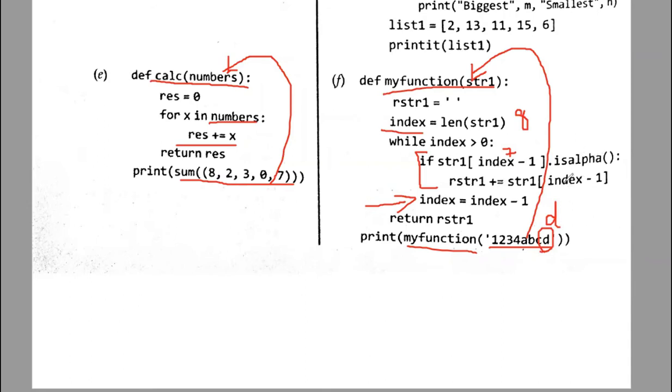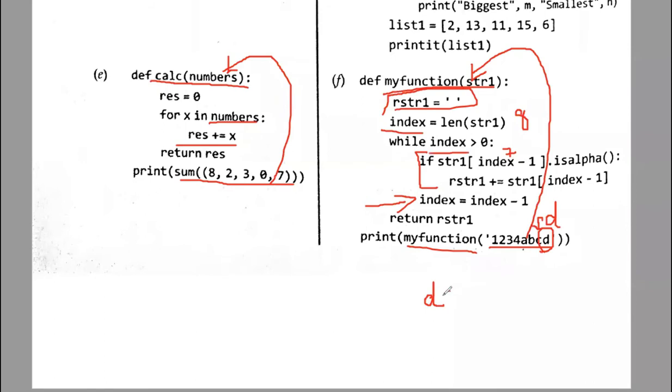If it is an alphabet alone, it is going to add it to rstr1. So D will be considered as the first character which is going to get stored in rstr1, because I have initialized it to nothing and I am appending the value D. Because it is starting from the last character onwards, you have to be sure what the value of index is and you have to start from the last character. Now what is it going to do when it is subtracting? It is going to move to the next index backwards.